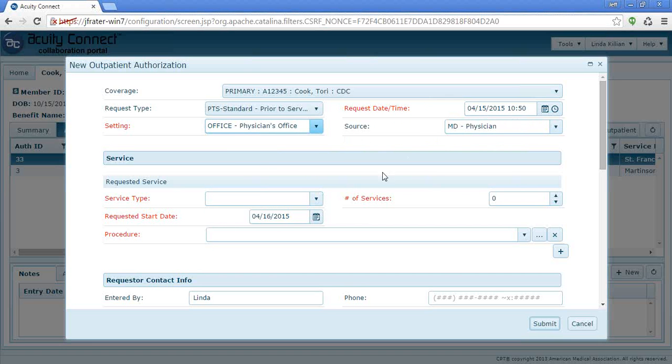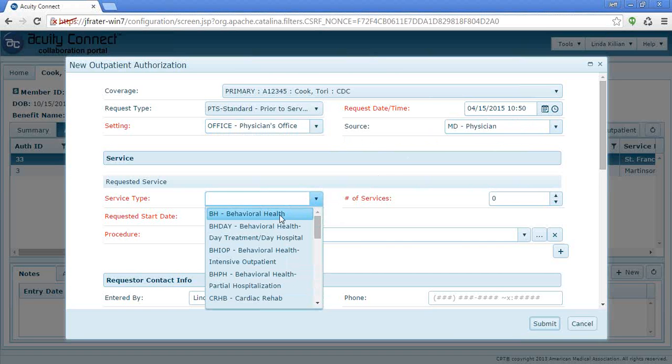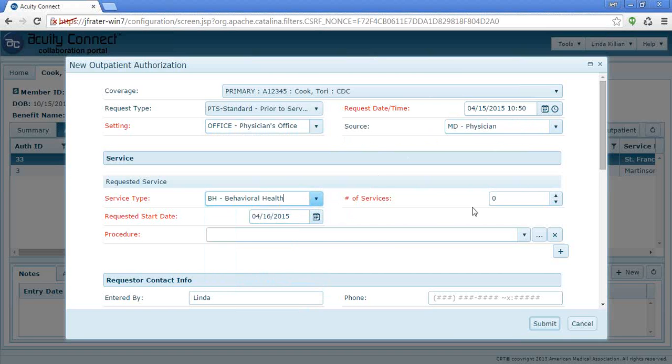And how about the service type? Well, let's look at the options there. I'm pretty sure this would be behavioral health since it's for neurodevelopmental. Okay, great. And then we'll just do one service now since it's the testing. And is today's date okay for the requested start date? Sure. All right, and the procedure, what do you think we should use for code? 96110 should do the trick. And, yep, I see that's for developmental screening. Good. Great, we'll use that one.